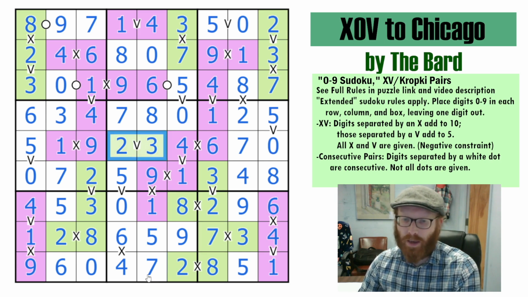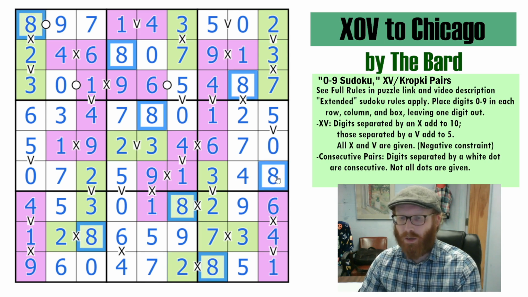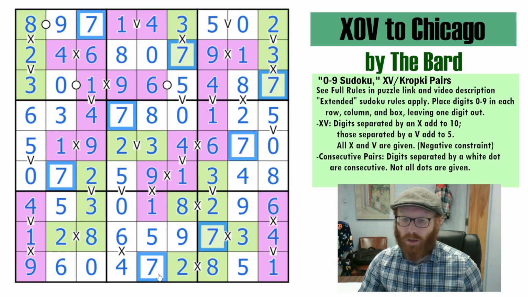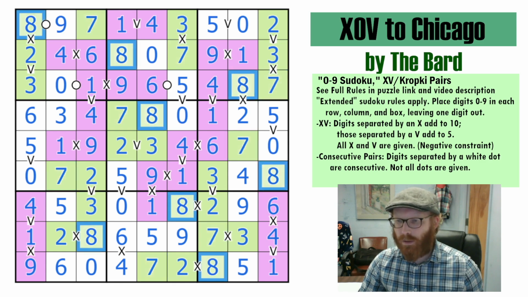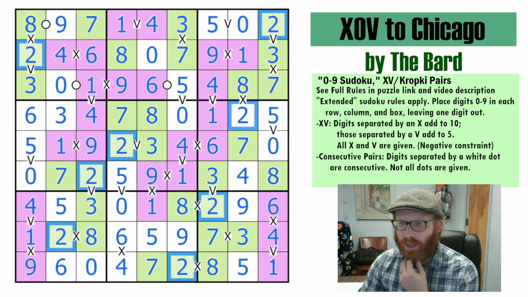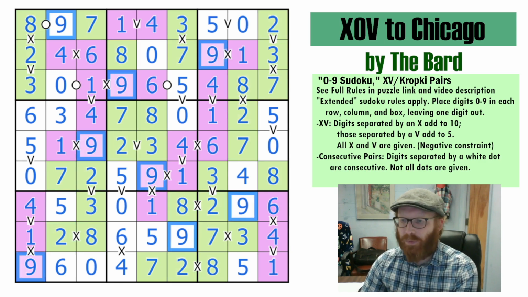Really, we could have just done that pair and it would have told me what went in that cell. So, yeah, a slightly tricky,